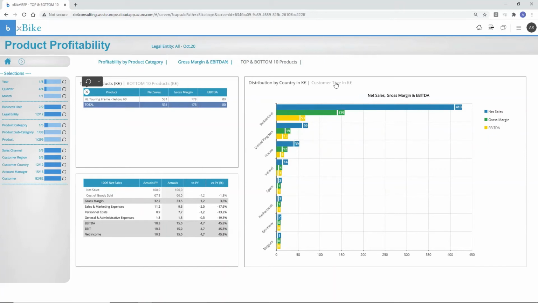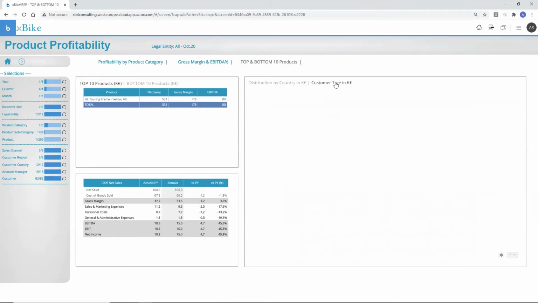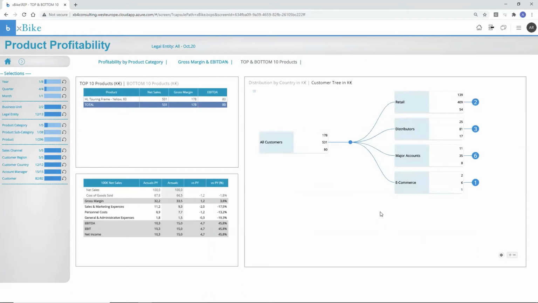What I can also do is analyze the customers and the different dimensions related to my customer for this specific product. So I see that, let me zoom in a bit, I have the 80,000 euros EBITDA for this product, all customers. I see the distribution by channel. So from the 80,000 EBITDA, 54 is for retail, 17 for distributors, 8 for major accounts, and only 1 for